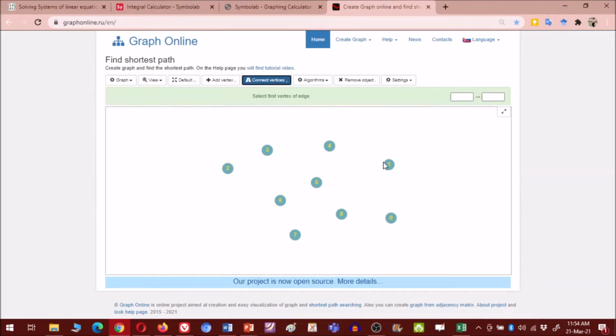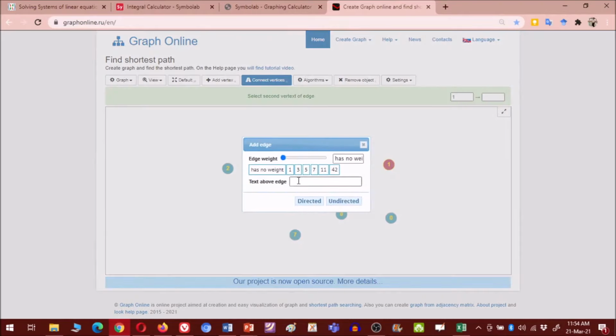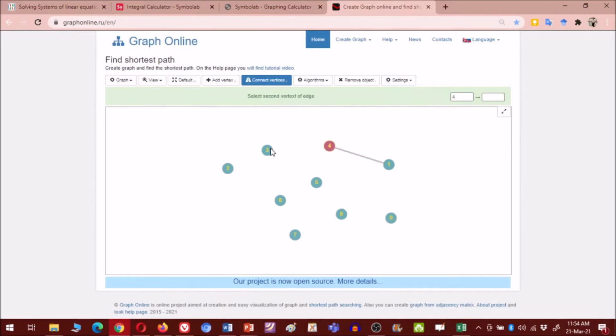Now you want to connect these vertices, so let me connect. Suppose I am connecting 1 to 4. You can have the option to get a directed graph or an undirected graph. So let us take the undirected graph for now.